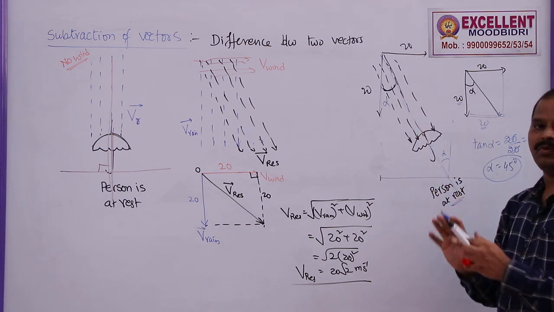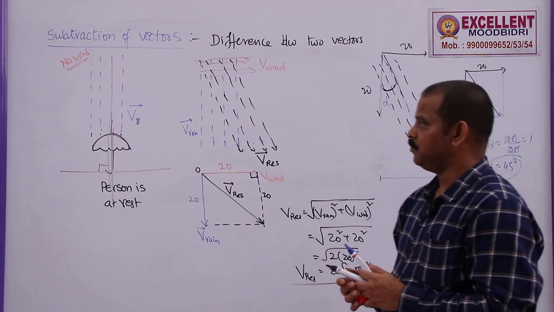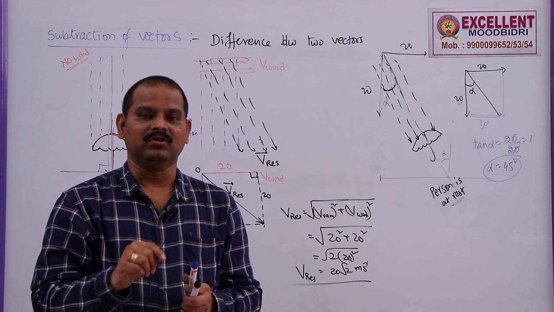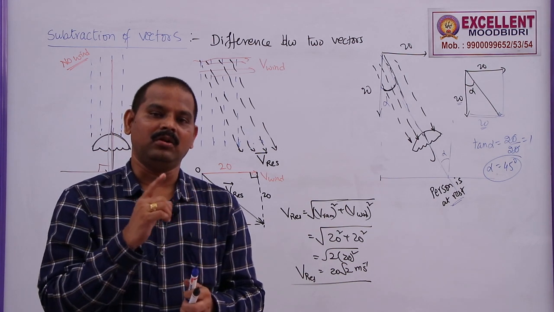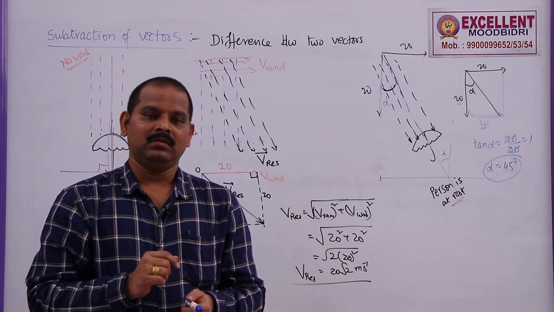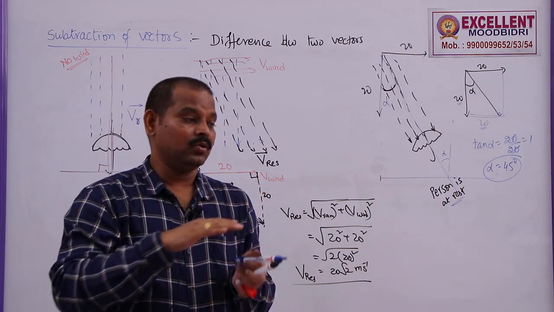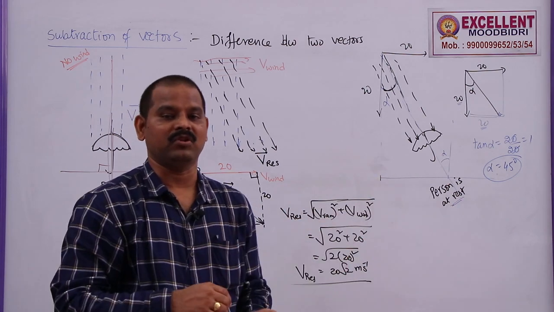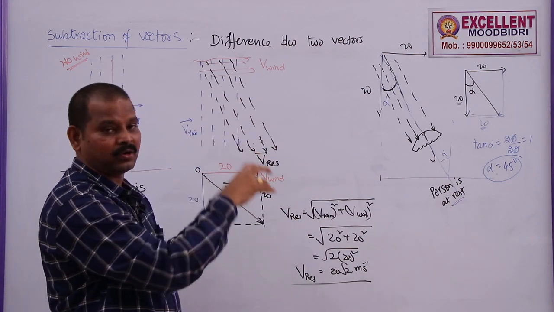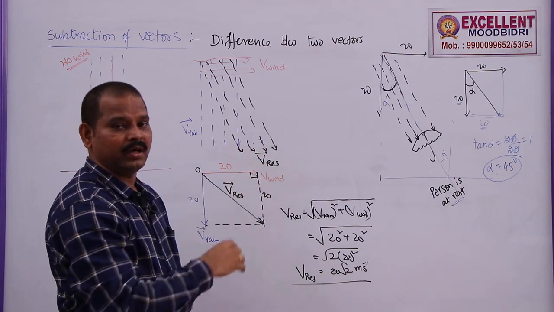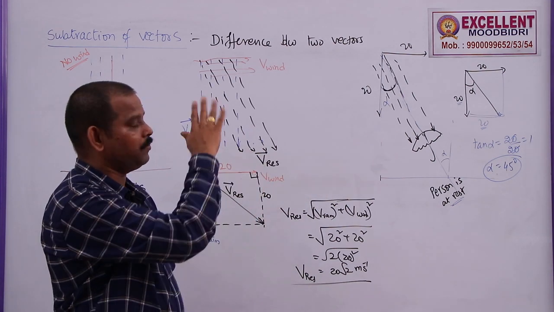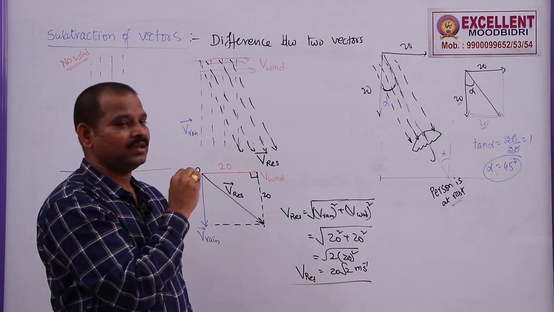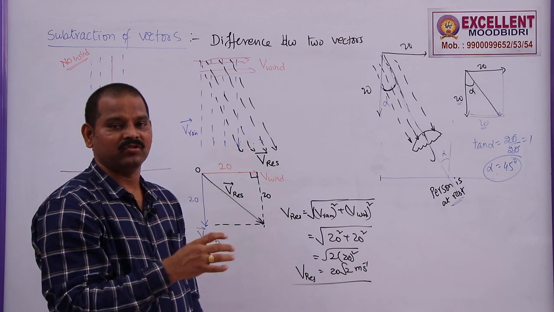If the person is also moving, what to do? Let us say the person is moving, that we will learn in relative velocity in 2 dimensions. In the last lesson, we studied relative velocity in 1 dimension. That means only one bus is going behind a car or a car is going behind the bus, both traveling in the same direction. Here, rain is falling in a particular direction and the person is moving in a particular direction, not in the direction of rain or in the opposite direction of rain. So, we will discuss these other cases in relative motion in 2 dimensions later in this lesson.